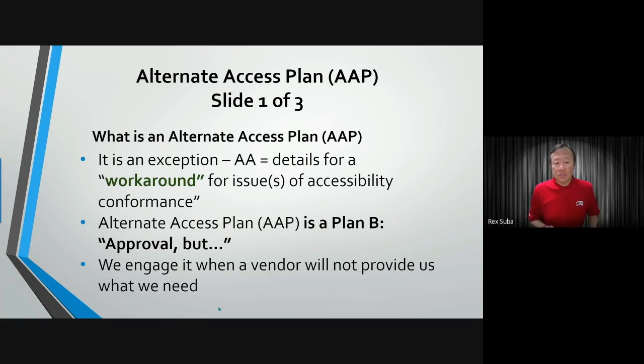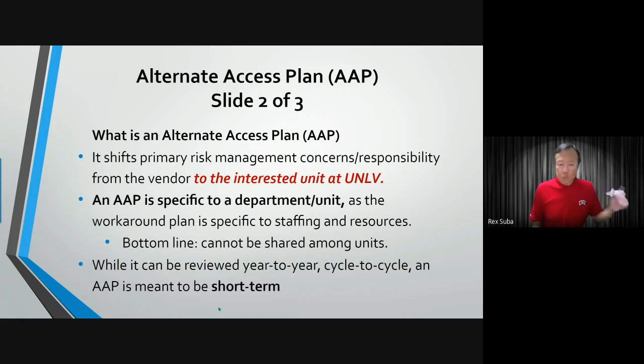It's not a free pass for the vendor, but it allows you to get what you need, knowing that you now have the responsibility to deal with this workaround. You will not necessarily, Lonnie, be the one who does the paperwork, but you might be the one who makes the request on behalf of somebody else. You're shifting the risk management concern from the vendor, which I put in the accessibility statement and the VPAT, to that unit. So if your unit is saying, Lonnie, make this purchase happen, you go ahead and do this. You do not need to ask our permission if you already know that this is the way things will have to go. But